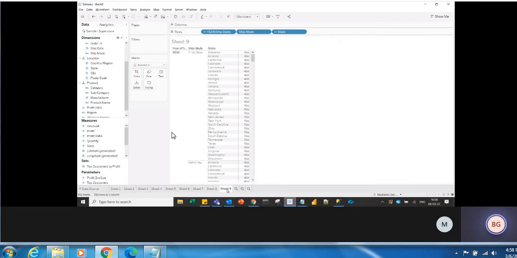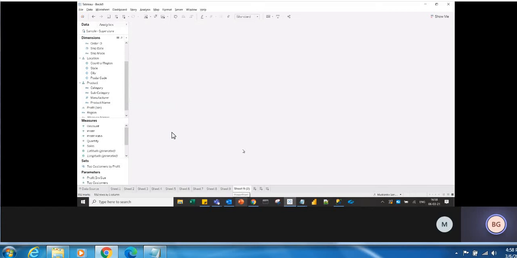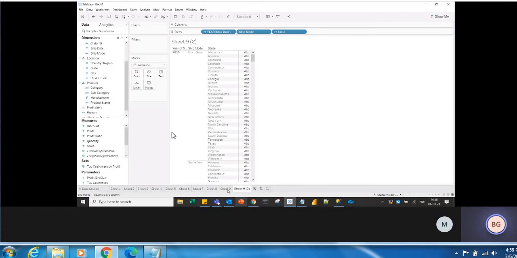For the safer side, so as not to hamper your work, just right click and create a duplicate tab. The same visualization will appear. Keep one as the original, whichever you have created. In the duplicate, you do whatever trial and error methods you want. Whichever view you like, you keep it and remove the other one. So it's all about trial and error.